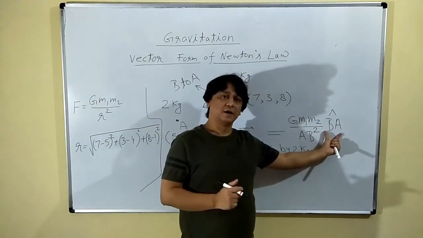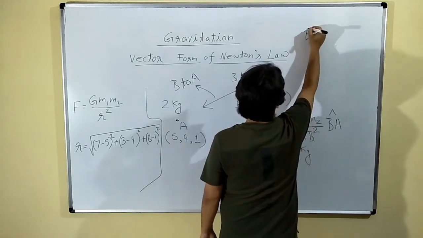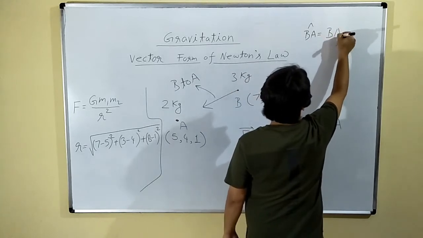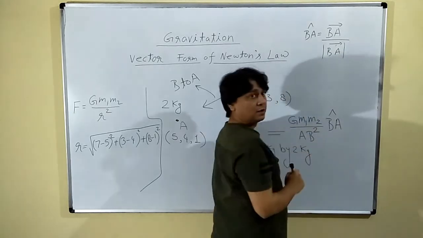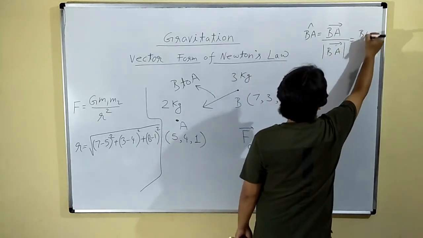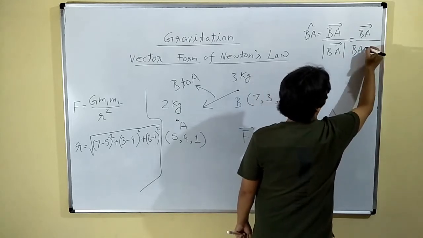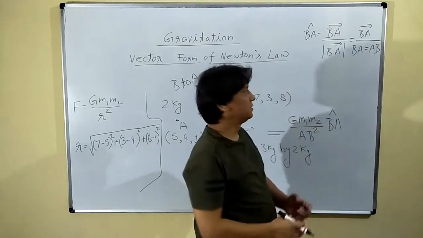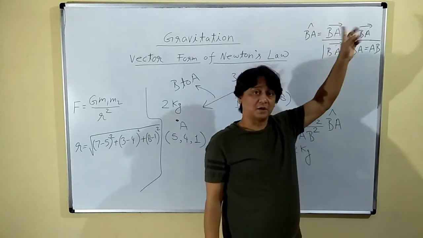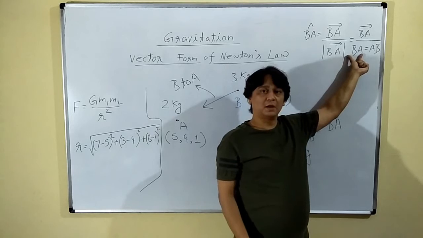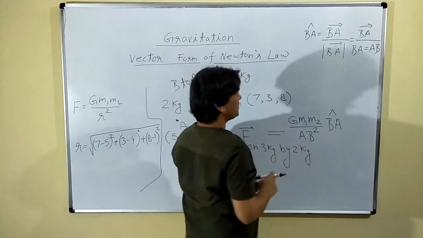केवल क्या फाइंड करना रह गया है? बी ए कैप। और यू फाइंड बी ए कैप? बी ए कैप की कहानी क्या है भाई? बी ए कैप इज व्हाट? बी ए वेक्टर अपॉन मैग्नीट्यूड ऑफ बी ए वेक्टर। Now this is BA vector divided by this BA magnitude, can also be written as AB। It doesn't matter। BA magnitude, BA और AB बात एक ही है। BA vector and AB vector they are not same। Magnitude wise जो BA है वही क्या होगा? AB होगा।